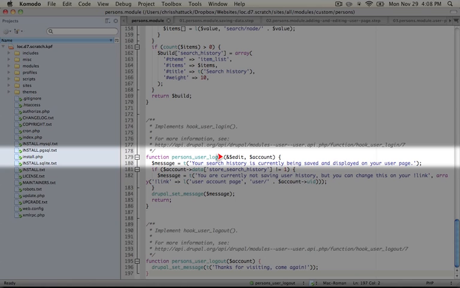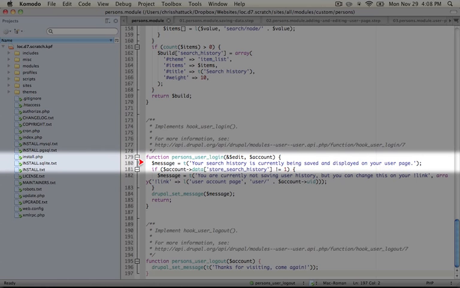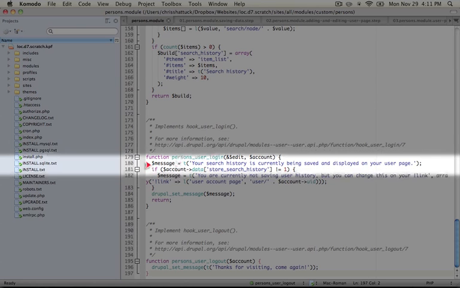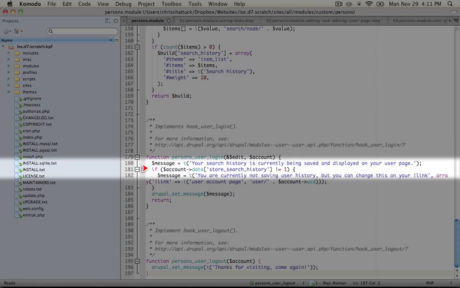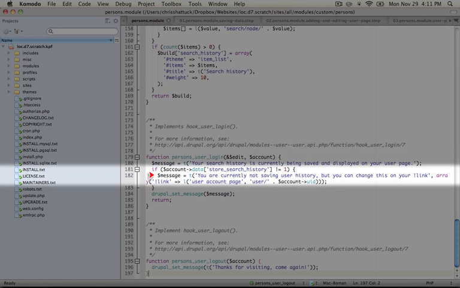So when they logged in, the data that they inputted for the username and password and any other data will get stored here, and we can manipulate it if we need to. The second parameter is the account, and this is the account that got loaded after the user logged in. And what we're going to do is just display a little message that says whether the user is storing their history or not. We're going to set a default message that will display if the user has set their account to store user history. And then if they haven't set that to store history, then we'll display an alternate message